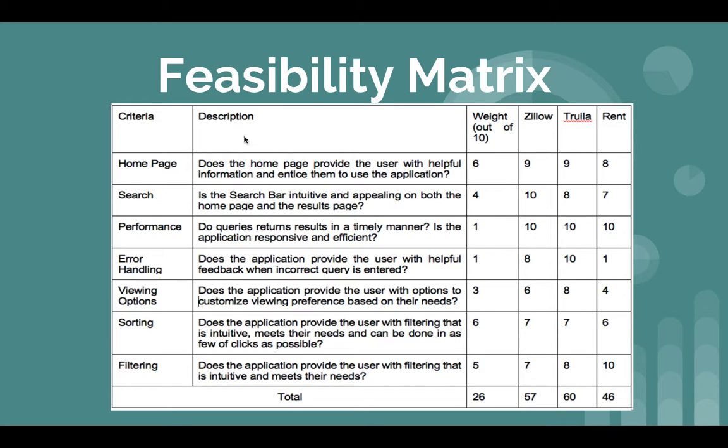So here we have criteria, which is the features that we are working on for this project. We have description, which is a detailed explanation of the criteria. Weight, which is based off a scale from 1 to 10, 1 being that this criteria is not too important to the project, and 10 being it is of utmost importance. Lastly, for each application, we gave it a rating from 1 to 10 based on how well it meets that